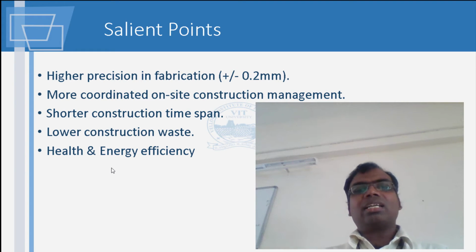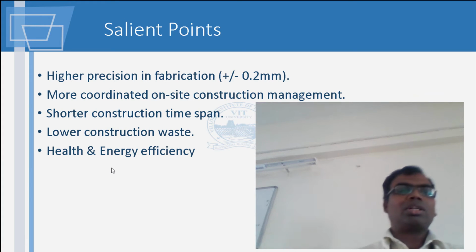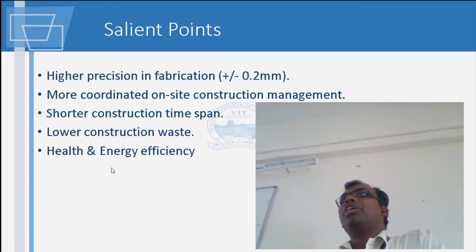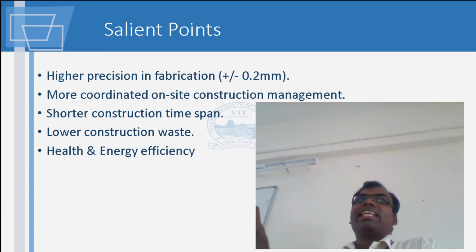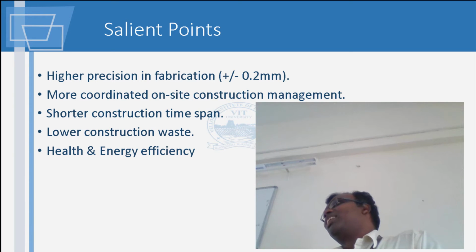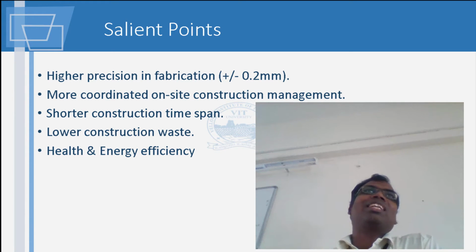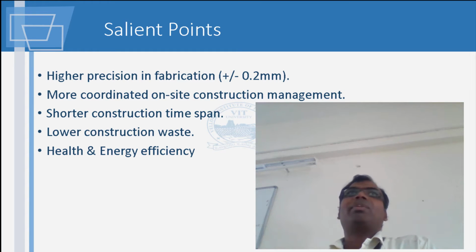So these are the salient points of that particular hotel. That particular hotel which you saw, they had an accuracy of 0.2 millimeter. What is 0.2 millimeter? Take your scale. You'll see line 0, 1, 2, 3 mark. In between that, you got 10 divisions. Each of those 10 divisions, you divide it into 5, and the distance between those two lines is the 0.2 millimeter accuracy.